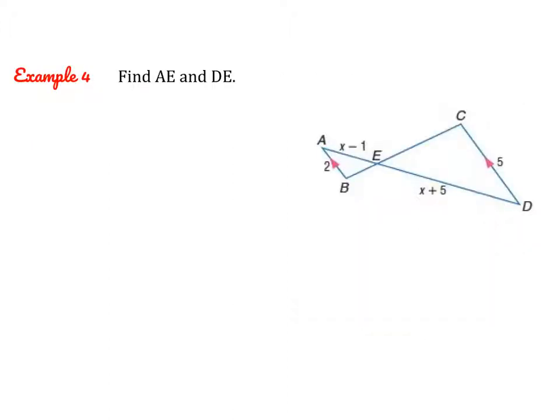Okay, we're going to try a different type of problem now. So here you can see that they would like us to actually find some side lengths. So one thing you have to be very careful about is that you can't set up a proportion with the sides until you know that the two triangles are similar. So step one with these types of problems is always going to be to prove the similarity between the two